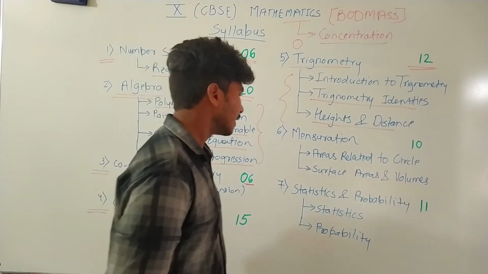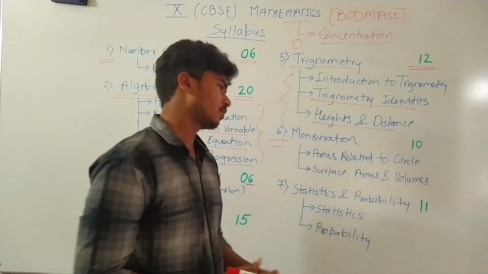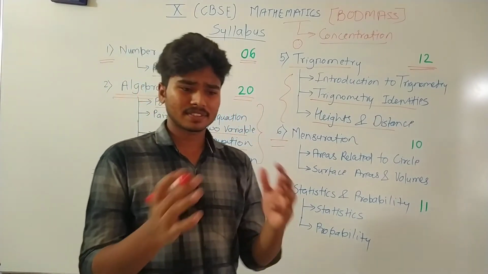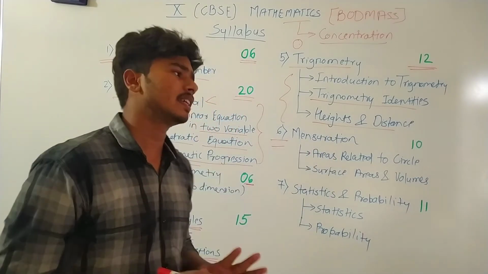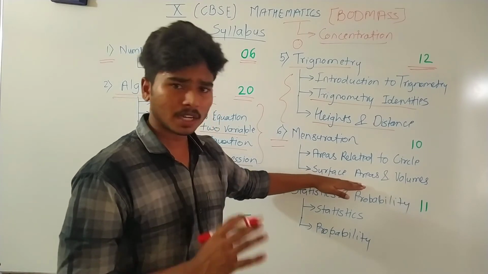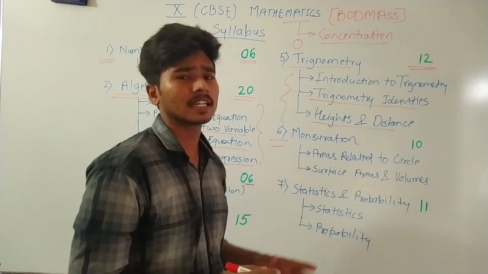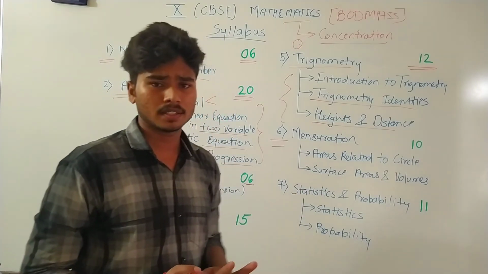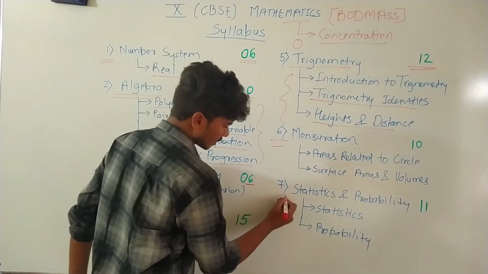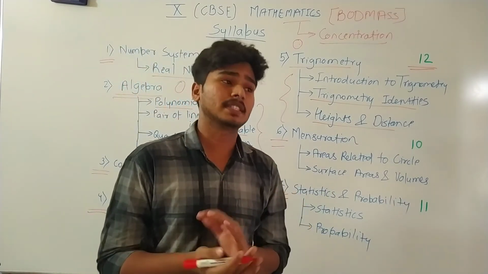Okay. Then measuration. In the measuration, we are going to find some areas of the circle and volume and different sizes of objects. We need to find some areas. Here only you are going to know the formula of each and every object. Then you are able to find the areas and volumes of that particular object. Nothing in that. After that, with the last unit, that's our 7th, statistics and probability.